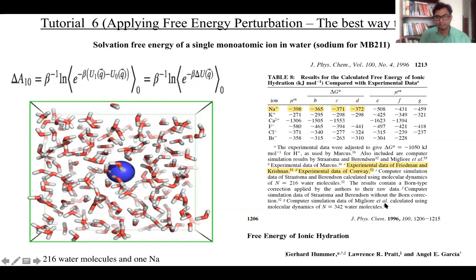These A, B, C, D are different methods of doing it. I think C is the experimental method by Friedman and Krishnan, and D is the experimental method by Conway. Some of you may know of that legend. And then there are some other simulation methods also, like one by Professor Berne and Straatsma, which is, I think, B. So I'm going to ask, are we falling in this ballpark from the methods that we are working with? That's the idea.